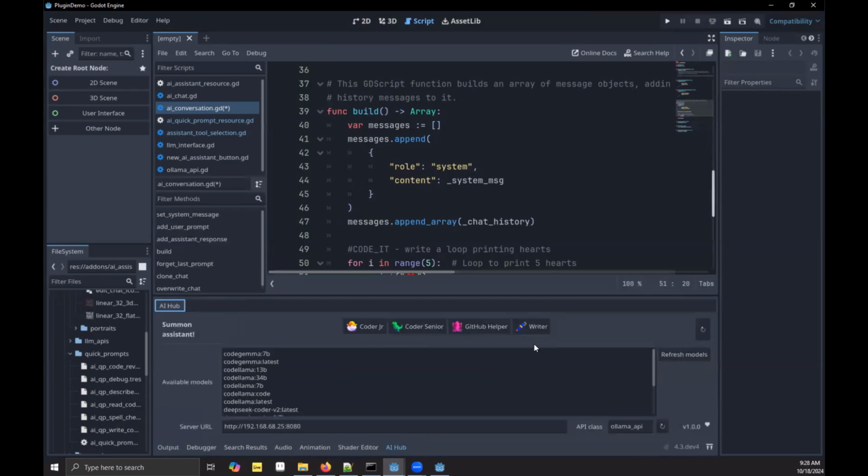In this first screen, in this tab, you have the list of assistants you have. Whenever you create a new assistant, you click the refresh button to get it reflected here. These are the models you have installed in your machine. And this is the URL of the host where you have this Ollama installed. Okay. Now,